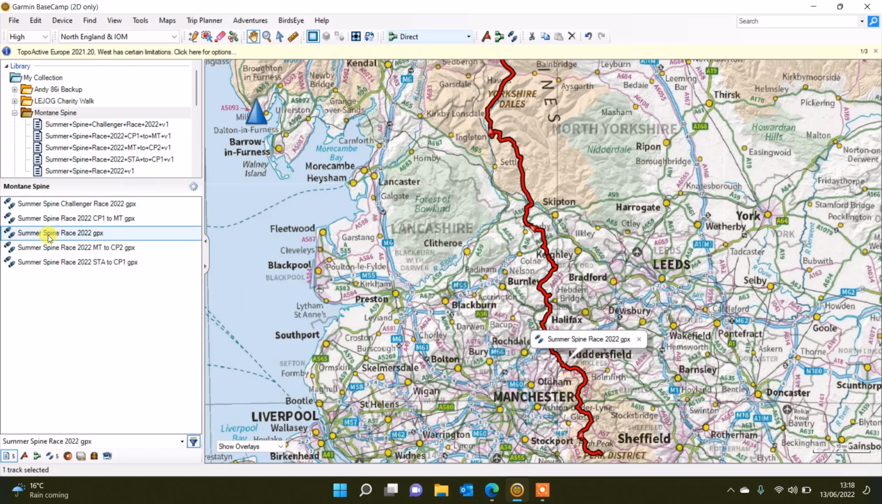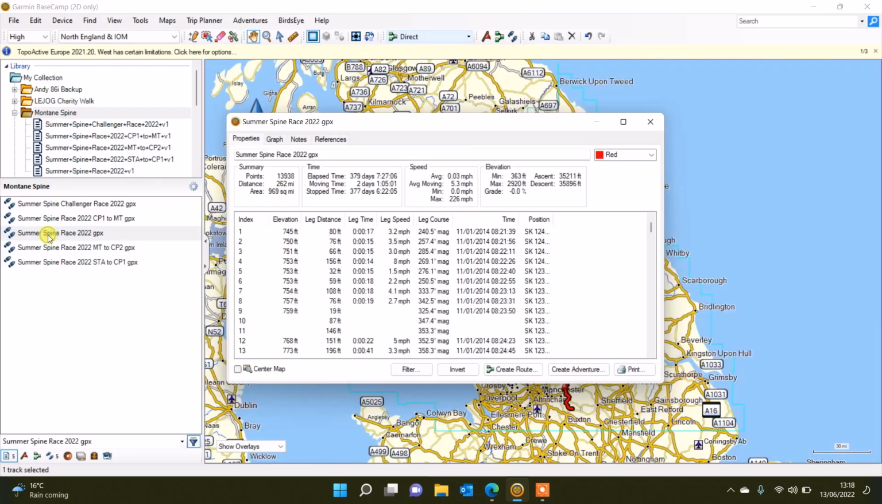So if I had been doing the full Spine Race, which is the full length of the Pennine Way, this one you can see is a lot longer. It's 262 miles and it's made up of 13,938 points. So if I'd had one of the units that only works with 10,000 track points, I would have either had to split this down by watching our videos on how you split them down, or because the organizer